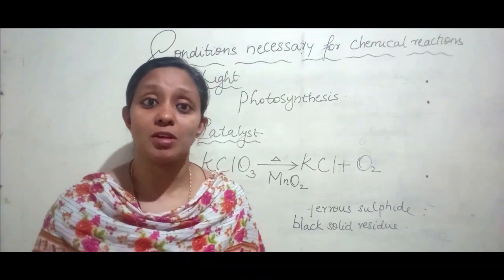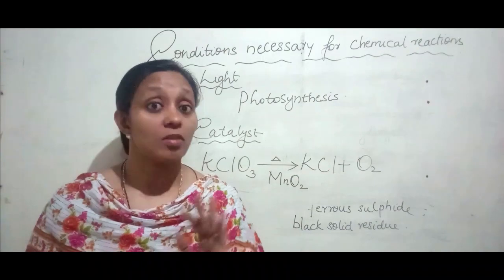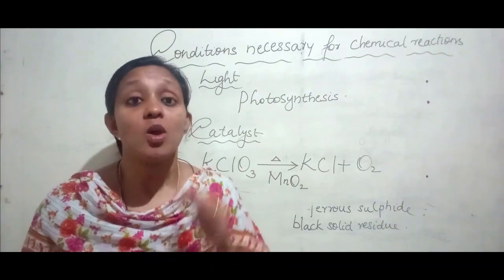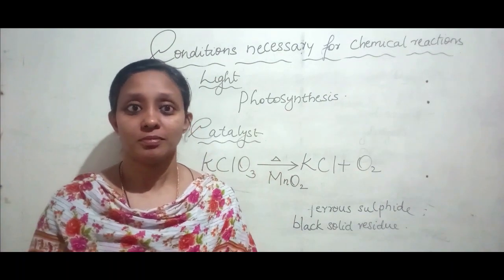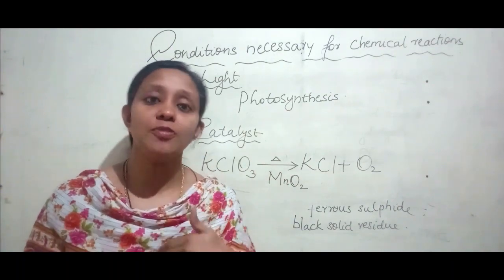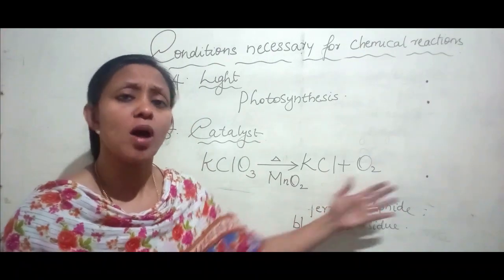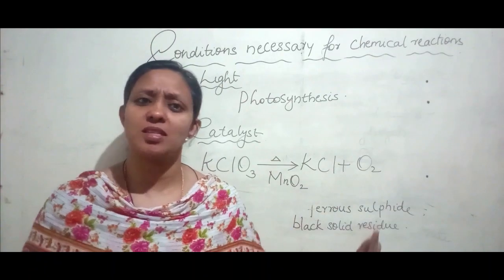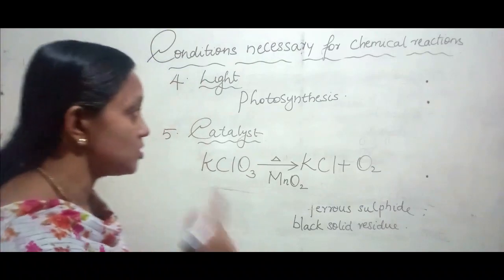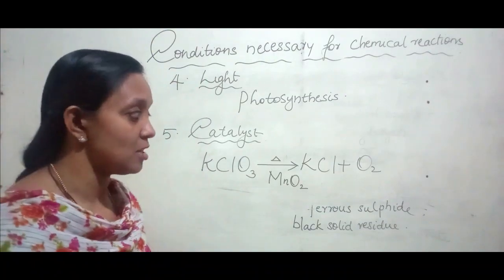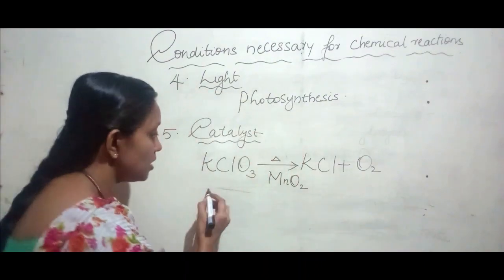So what is a catalyst, children? A catalyst is a chemical substance which increases or decreases the rate of a chemical reaction without itself undergoing any change. Have you followed? It itself will not undergo any change. Okay, after the reaction also, manganese dioxide will remain the same without any change. So that term is very important. You have to learn the definition of a catalyst thoroughly. So what is a catalyst? It is a substance which